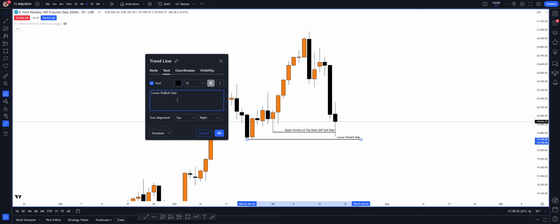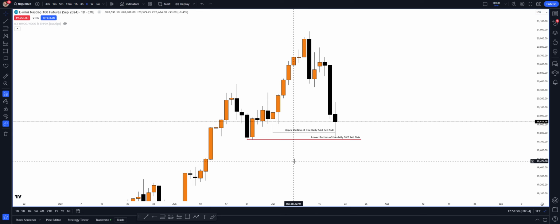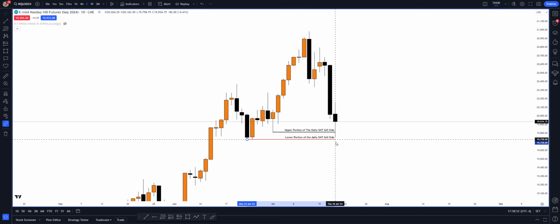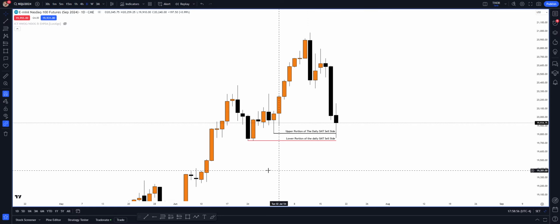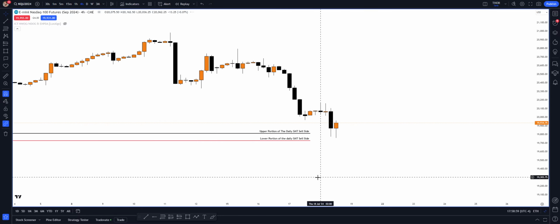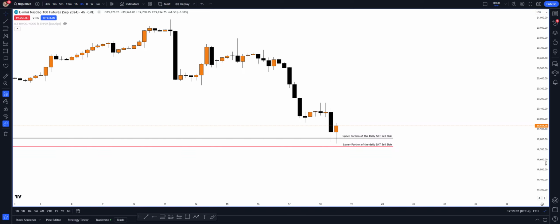The lower portion of the daily S&T, aka sell side. Let's make that red, actually, because that's the actual liquidity pool right now, or the actual drawn liquidity. So that being said, let's dive in. So the 4 hour. And 4 hour,